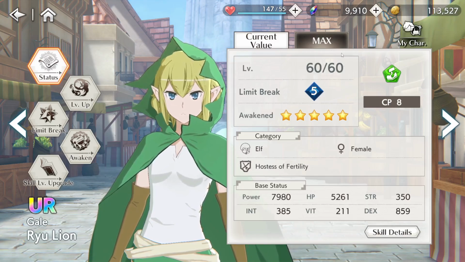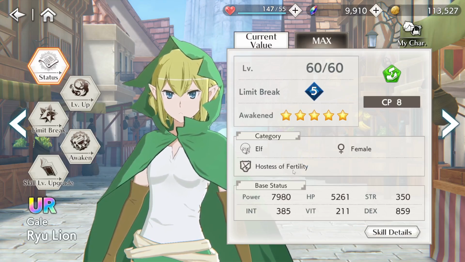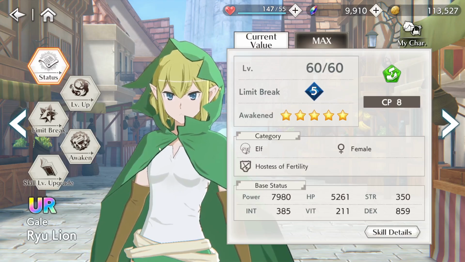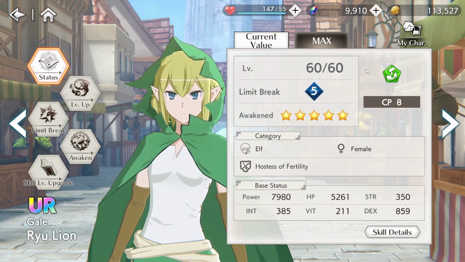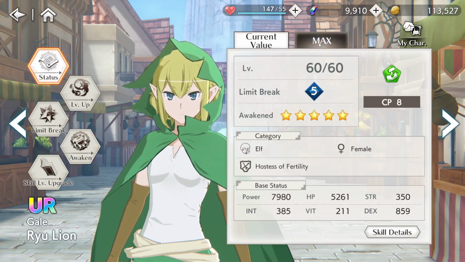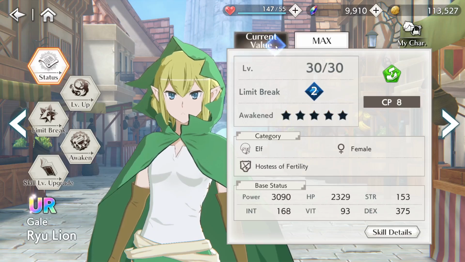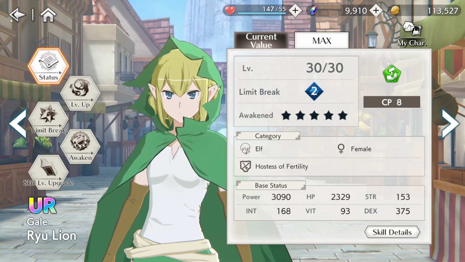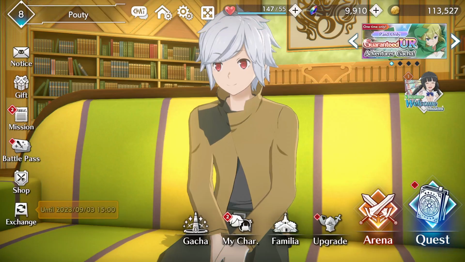I do like that you can see the max stats, though. So this is what her stats will be, I assume. Yeah, it says Awakened as well. So that means if you have max dupes, max limit break, max level, that's a pretty big power increase. She's basically doubling in power from what she is now. So very, very cool. Is there anything else to really go over in these first...